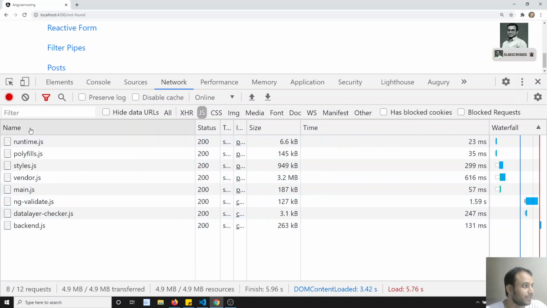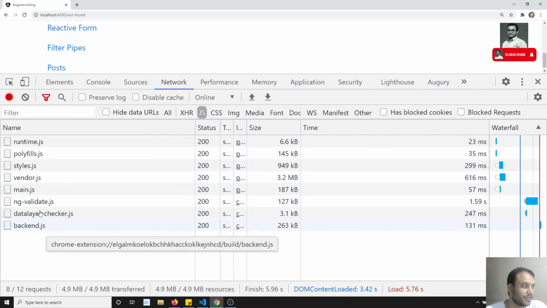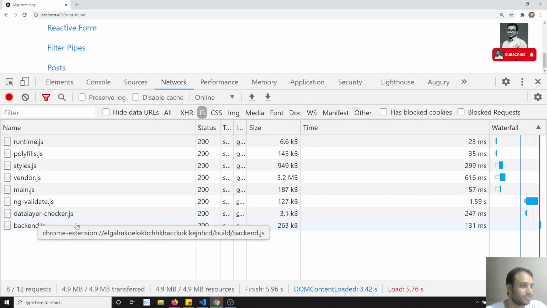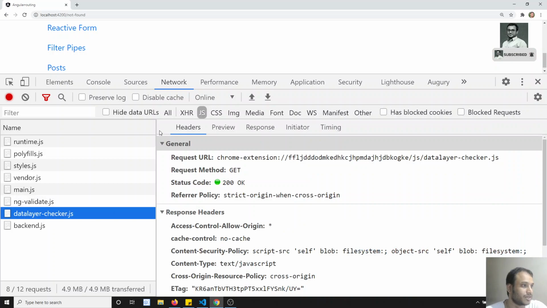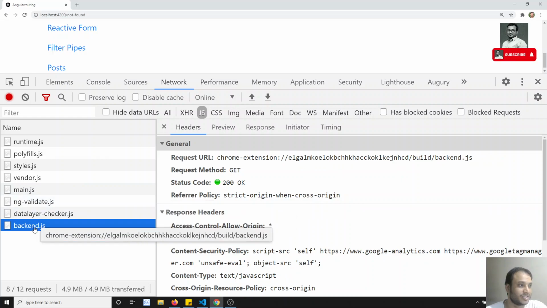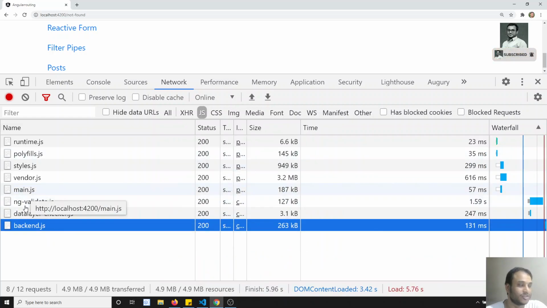Here, if you see, these are the 4-5 files which are important, which are loaded from Angular. This ng validate and these are browser things, so leave it. These are not related to Angular. These three are browser related, data layer and all the things are Google related. Chrome extension, if you see a Chrome extension, and this one is also a Chrome extension. These three are Chrome extensions, so nothing to do with these three things. So here, 1, 2, 3, 4, 5. These 5 files are our Angular files, our project files.